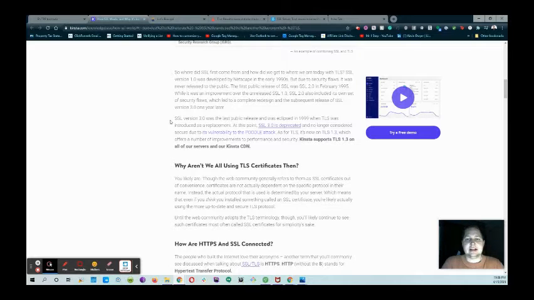SSL 3.0 has been deprecated. So if you do have that, I wouldn't use that anymore. I would probably switch to TLS, just because you're exposing them to a potential security breach, and you really shouldn't do that. So let's look into the vulnerability of the Poodle attack. So if you go into here, TLS 1.3 is the newest version, so you want to make sure it's supported, but let's dig into the